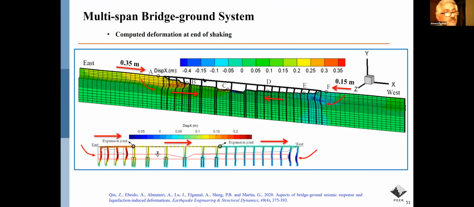And what we learned, for instance, is that when the shaking was done with a motion that had a pulse, like the Rinaldi motion, a motion that had a fling, if you will, the so-called near field motion, not only did we get deformation at the left slope and the right slope, but we also got entire lurching of the whole upper layer supported on the liquefiable layer here as permanent deformation of the entire ground. So in addition to the deformation from the slopes, you also potentially get just lurching of the ground all around that has to be taken into account, because it adds to the trouble that happens here on the left side